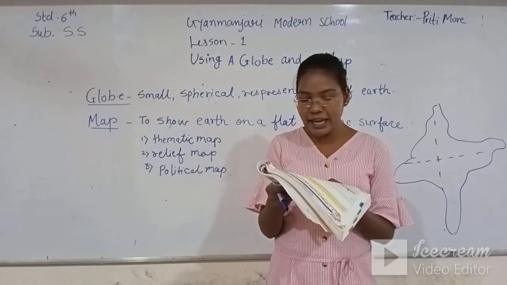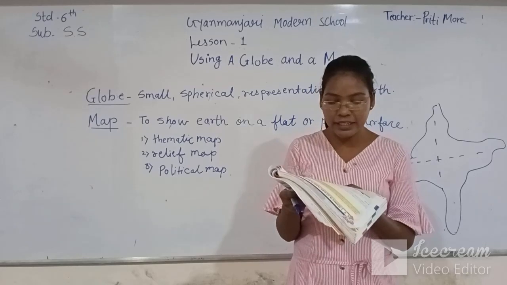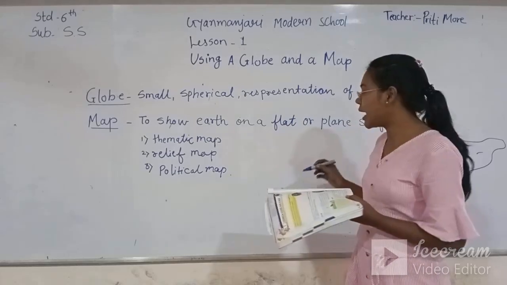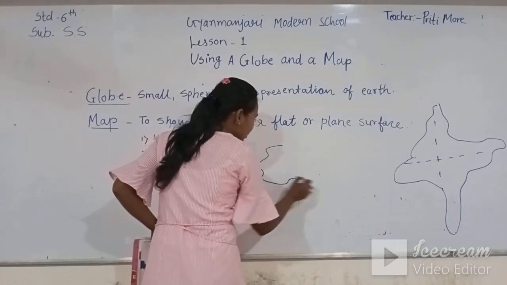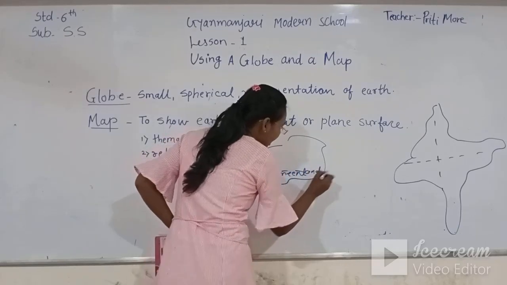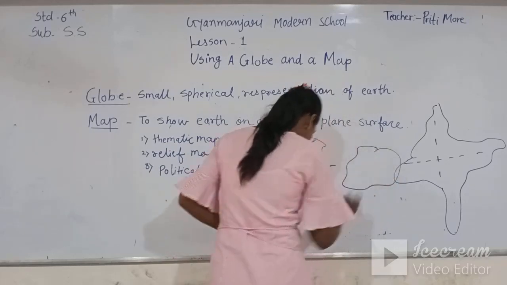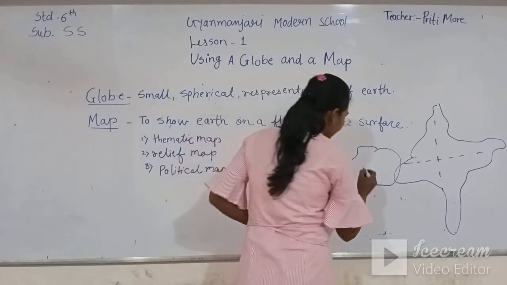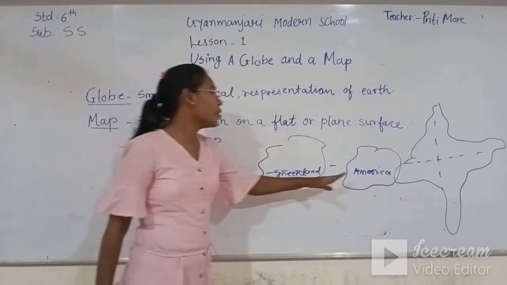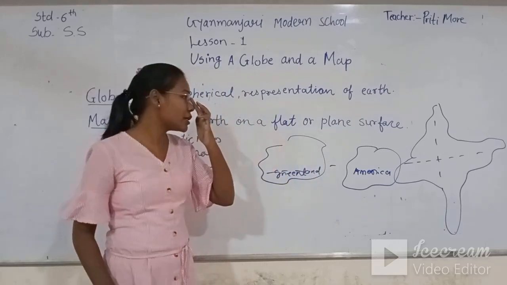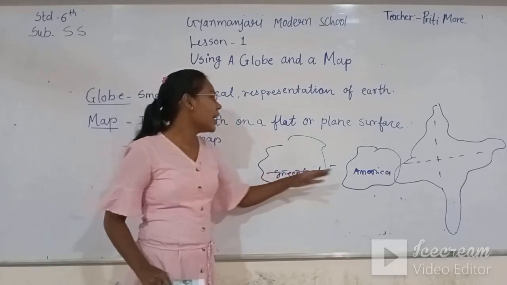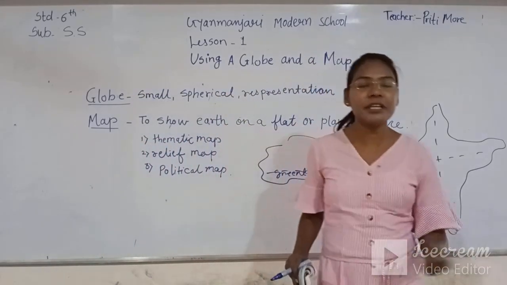So you will see Greenland is as big as North America on the map but smaller on the globe. That means Greenland on the map is very big. This is Greenland, and it is very big, like America on the map. So Greenland and America are the same size. The map maker drew the lines in a very big space, so Greenland and America look the same on the map.